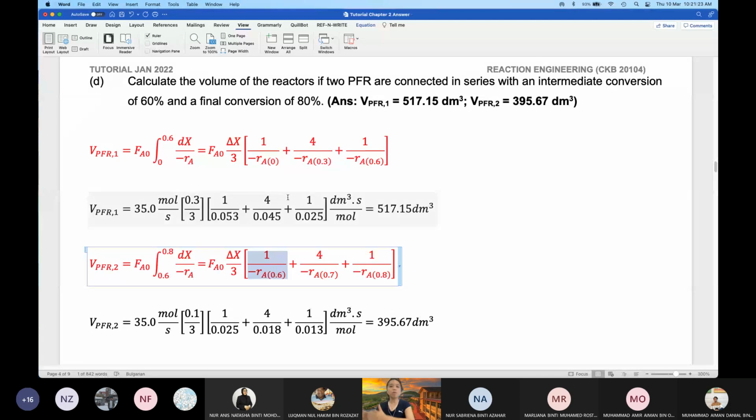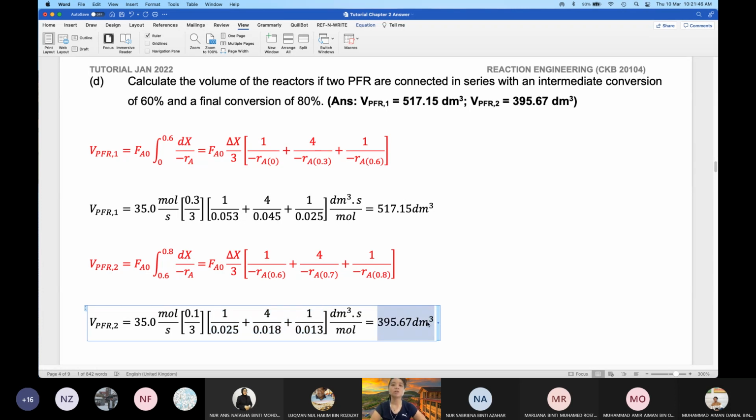Get these three points correctly, then look at the table for the three values: at 0.6 how much is minus RA, at 0.7, at 0.8. Replace the numbers accurately and you should get the volume of the second PFR